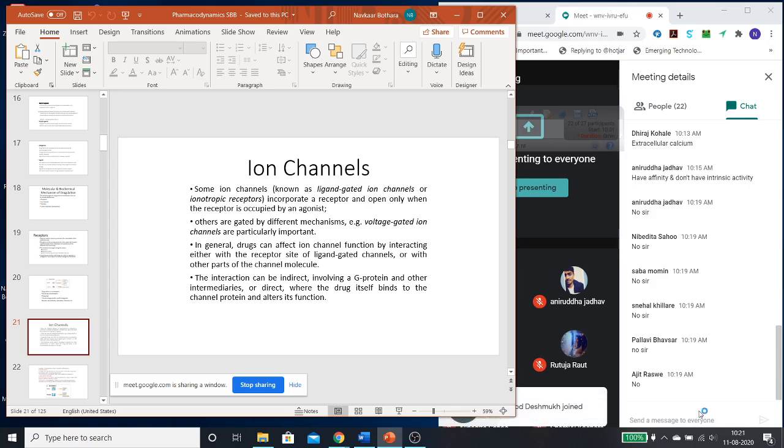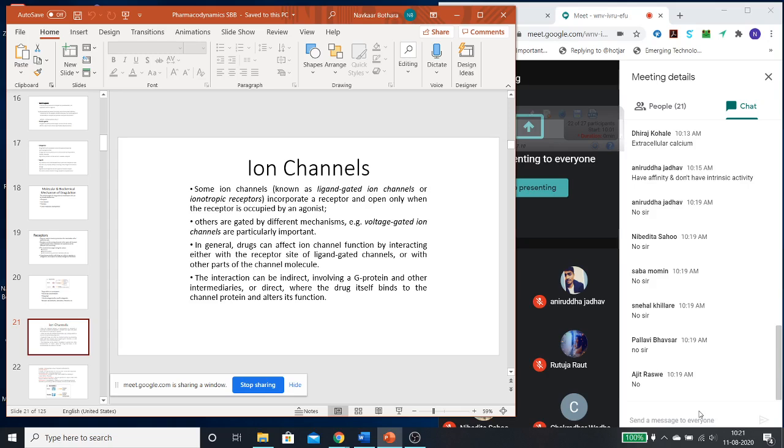For example, benzodiazepines act on the GABA type of receptor. GABA is one of the neurotransmitters in the brain. When GABA binds with the receptor, that will cause opening of chloride channels, and because of that it will cause an inhibitory type of response, that is, a decrease in nerve conduction impulses. However, benzodiazepines bind at a different site than GABA. They are not actually binding to the GABA receptor, but they change the structure in such a way that it causes an increase in the activity.